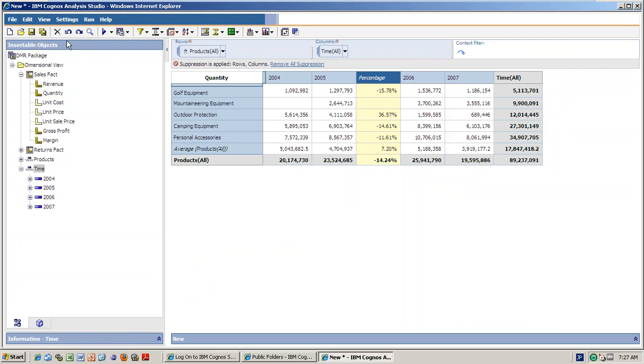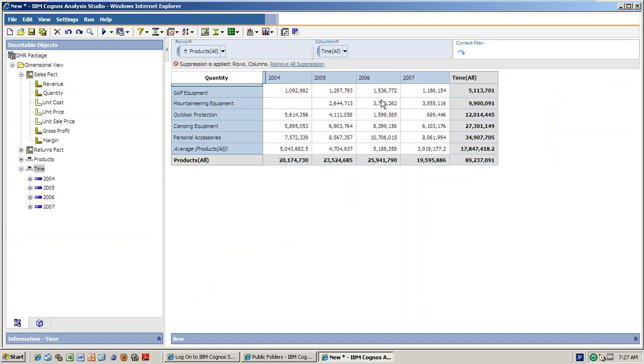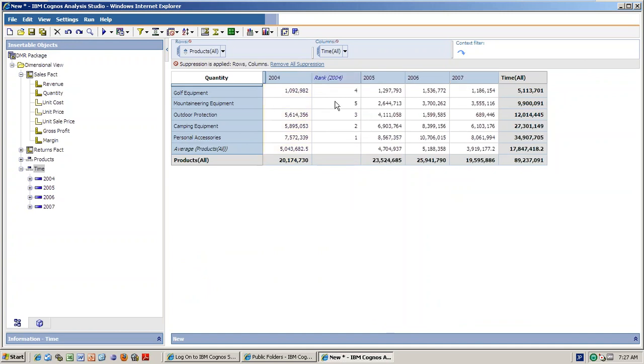Say for example, if you take 2004 only and you want the rank of 2004, you don't need to write any expression, just select it. So this is the first rank, second rank, third rank, fourth rank and fifth rank. This is the rank. So delete it, and you can rename it in a proper manner.